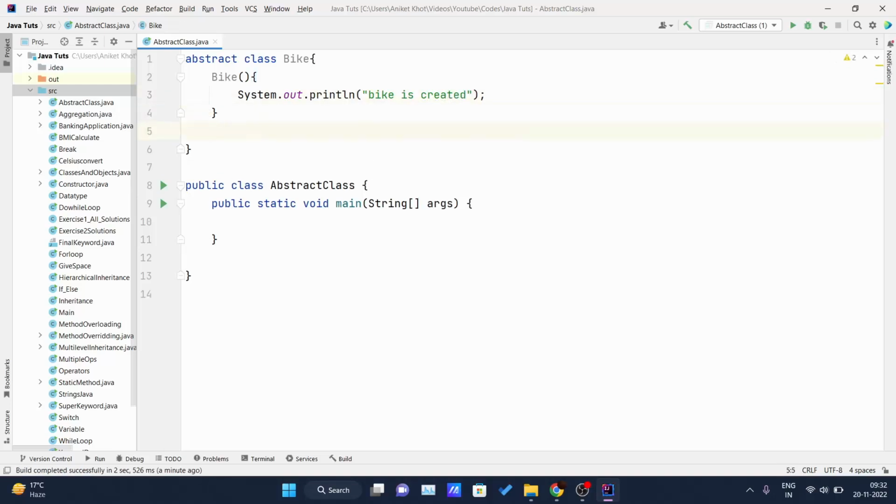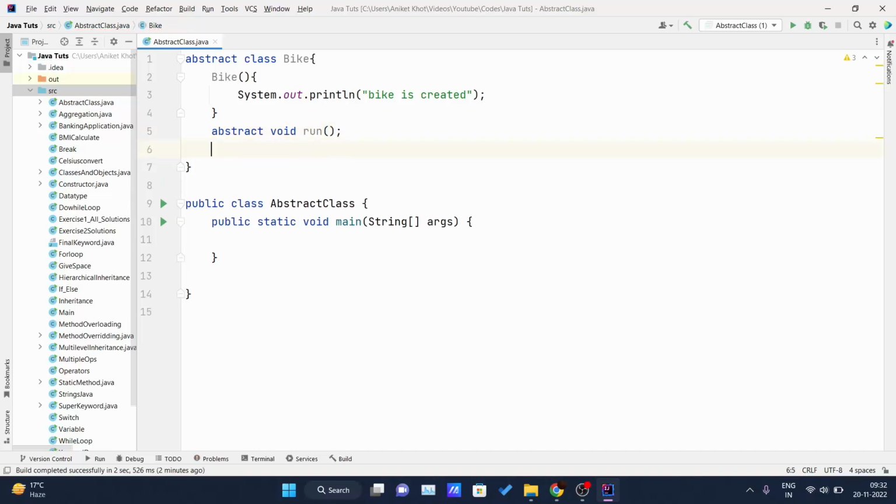After that I will create one abstract method, abstract void run, and